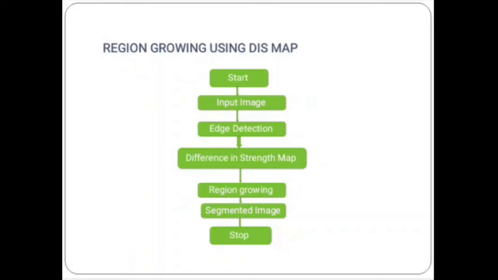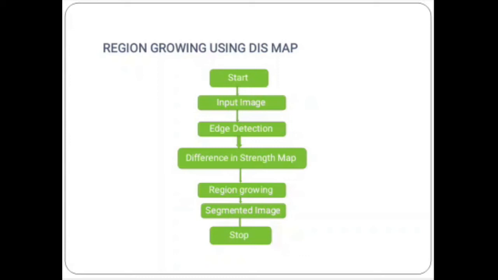After that, check all neighboring pixels of R to see if they are edge labeled. You can label it as P. Check if R is an edge pixel. If so, label it as P boundary. Am I clear? If the candidate list is not empty, go to the previous step, that is choose the pixel in the candidate list that has the smallest DIS value and take that new pixel as the reference pixel.